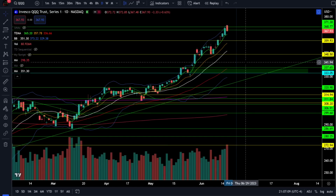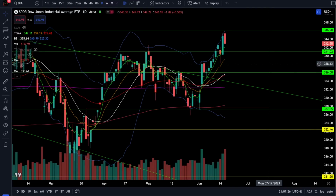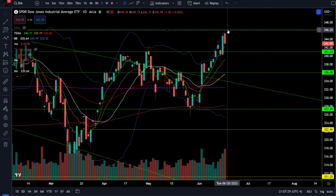And if we break that, we're looking for 337 and the gap fill at 333. Again, nothing guarantees we have to get this correction. We need confirmation in the price action, and the first sign that we're going lower will be a breakdown below 365. In the Dow Jones, we were down 0.53% on Friday, and again, increasing volume and getting rejected right below